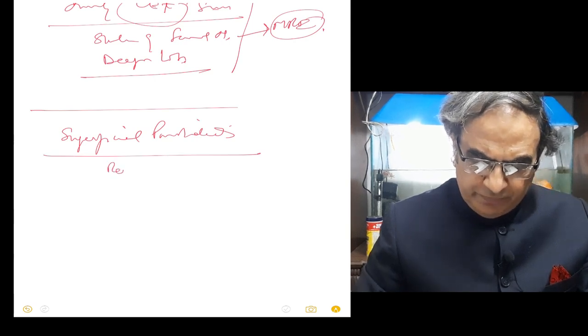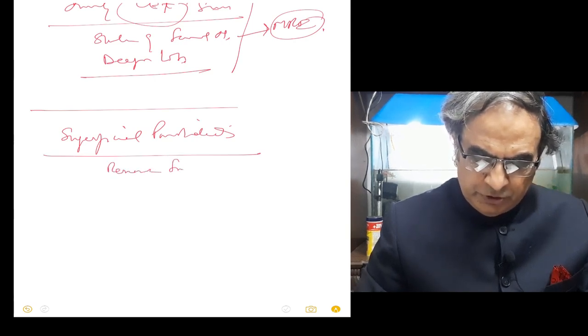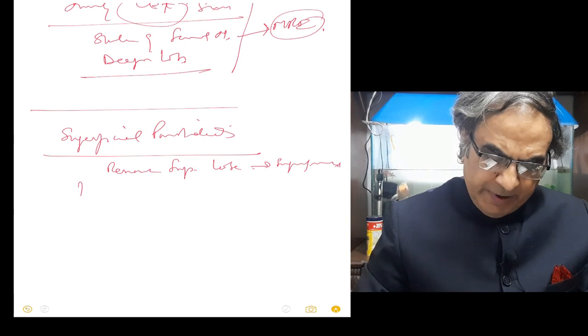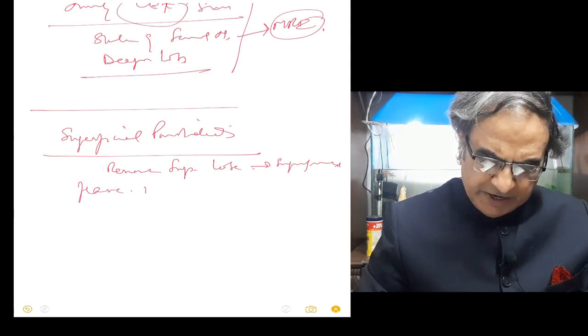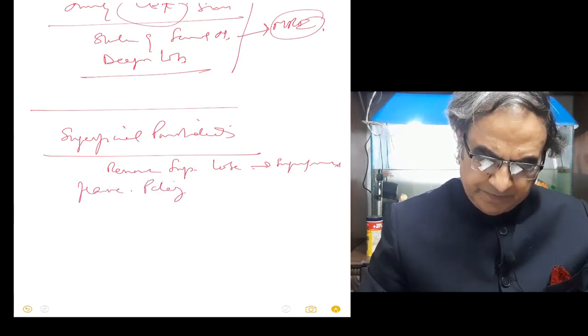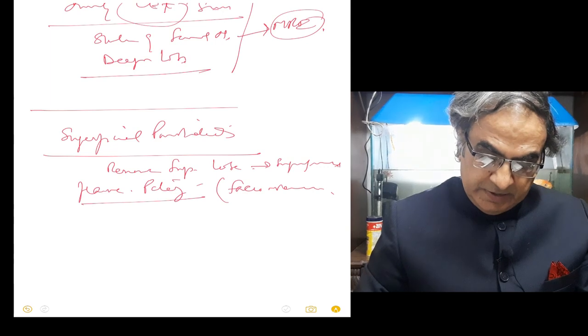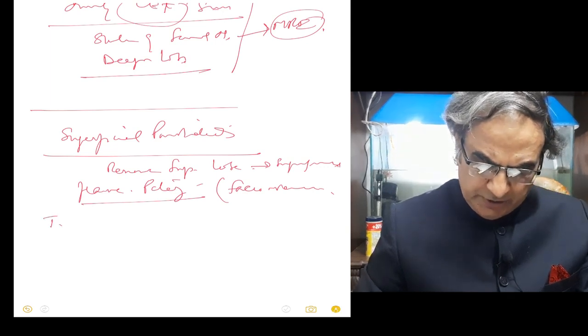Where you remove the superficial lobe, which is superficial to the plane of Patey, which is the faciovenous plane. The next parotidectomy is total